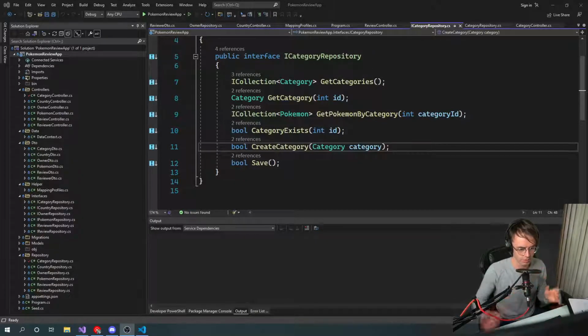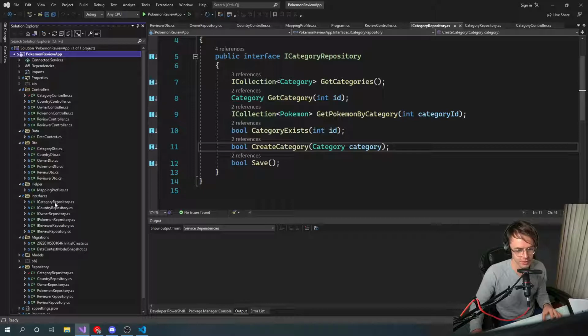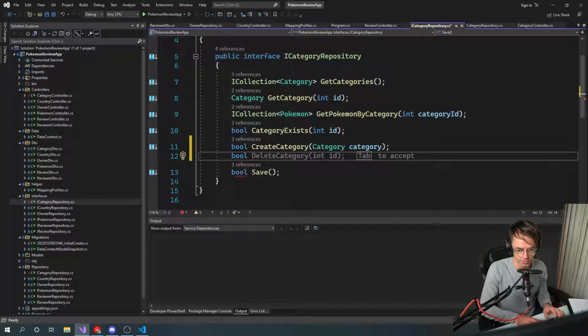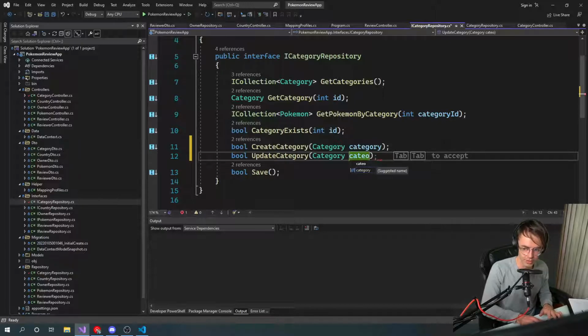This video, we're going to be doing update request in ASP.NET Web API. And just like the other videos, let's go ahead and hop into our interface here and create our method signature in the interface. So we're just going to go here, type in category. And just like the create request, we're just going to be passing a whole entire object within